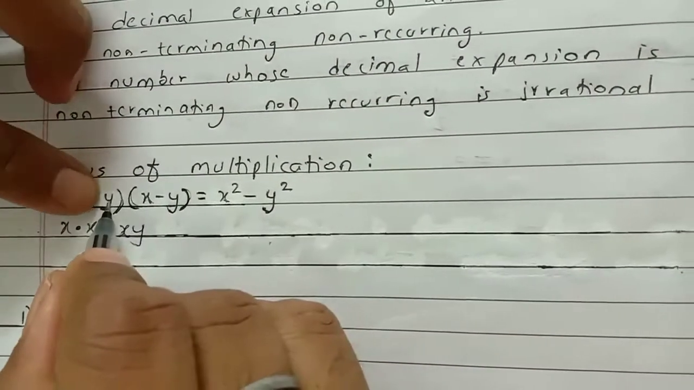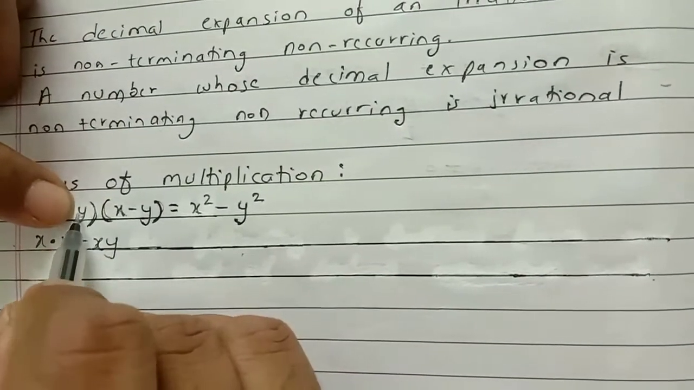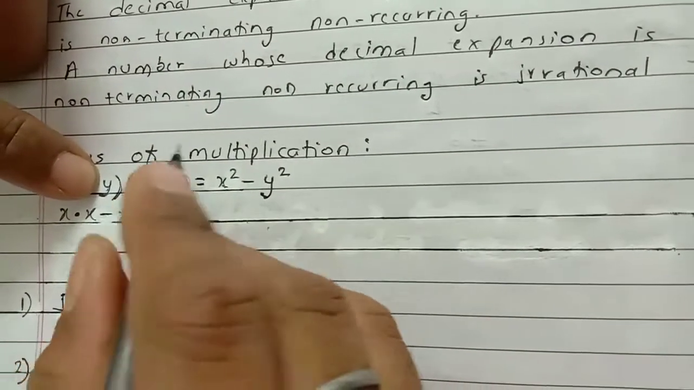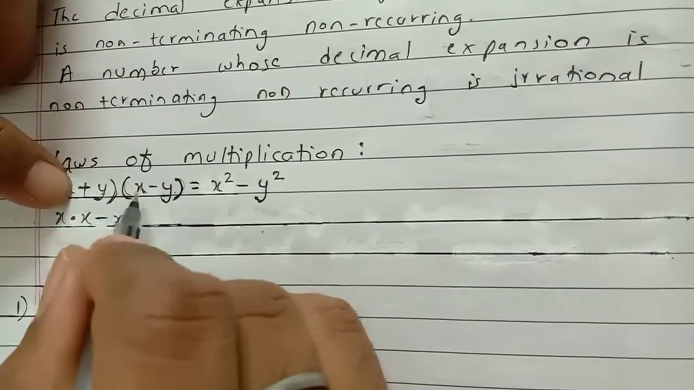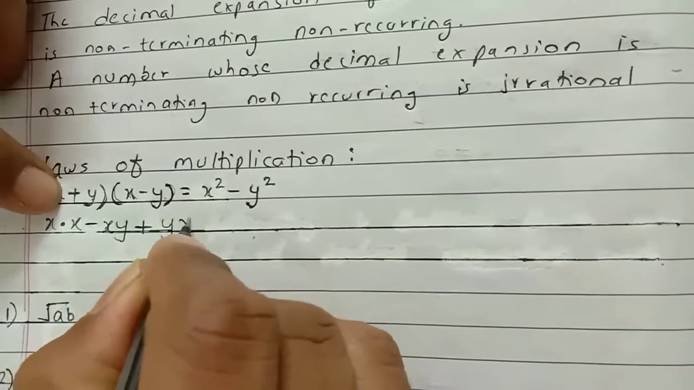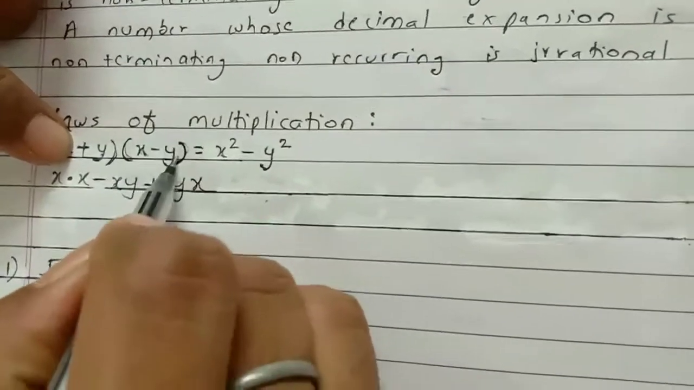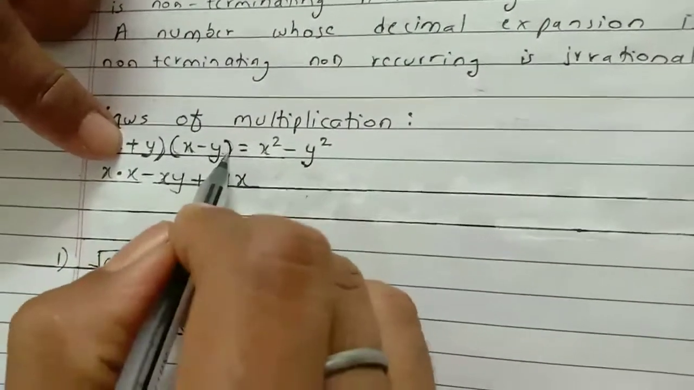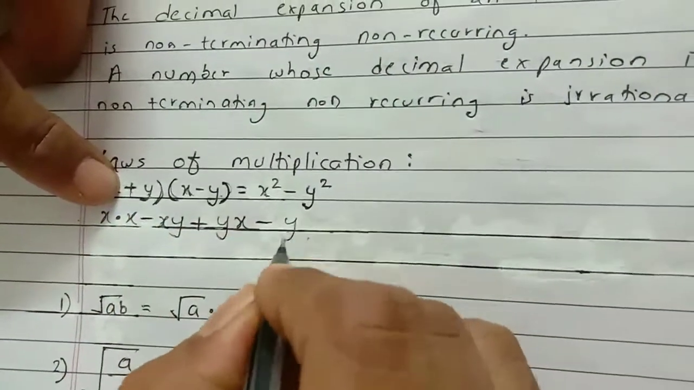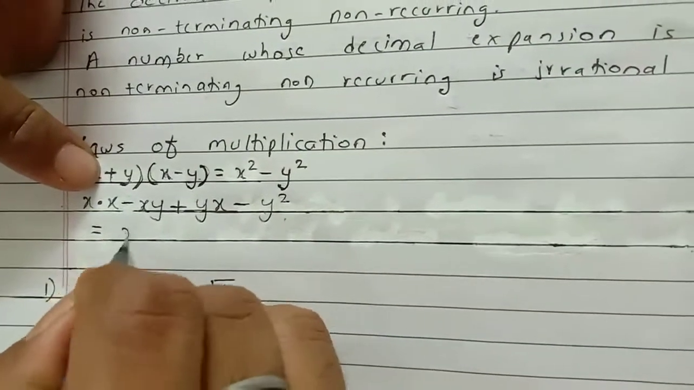Now the second number multiplied by the first number, and at the last the second number multiplied by the second number of this. So this will be plus y into plus x, which is plus yx, and the second number with the second number, plus y into minus y: plus into minus is minus, and y into y is y square. So the answer is x into x is x square,